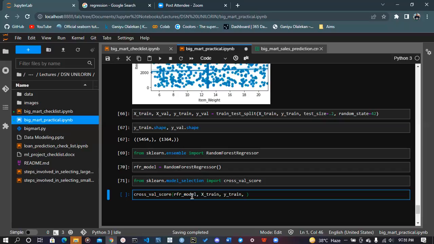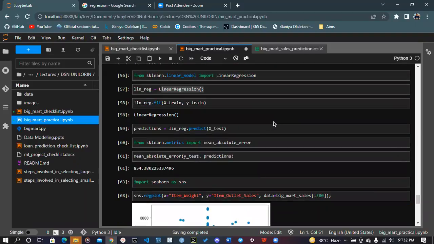And then it takes other values like the CV, which stands for cross validation. It asks how many distinct folds we want to cross validate with. You can learn more about cross validation by reading about k-fold cross validation, just to give you an intuition of how it works. Then one other essential parameter is scoring. The scoring is how we want to score the model, that is the model performance. We want to know how well the model is performing, just like we made use of the metrics here,